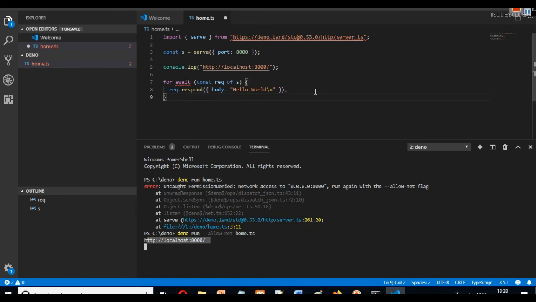Press Ctrl+U, you will see the source, that we are getting a body of hello world. So this is how we can run our first code. We can run a simple web application which prints hello world using Deno. We will see more examples in upcoming chapters.